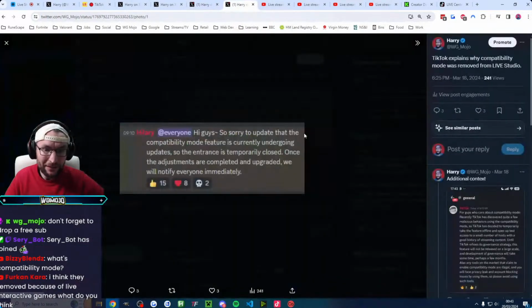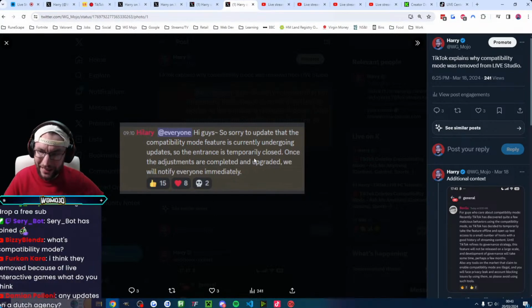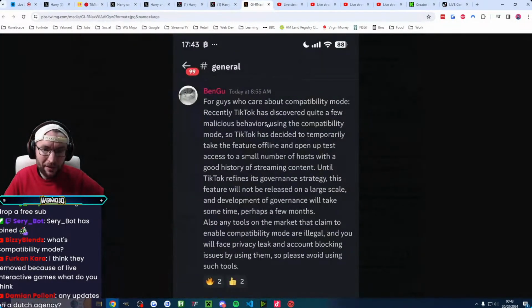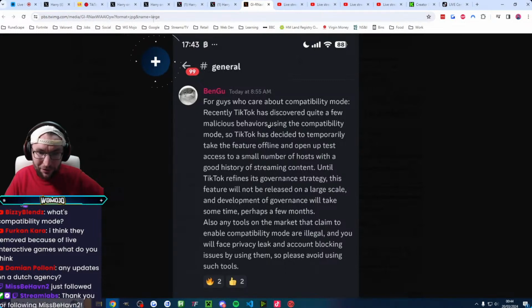And finally, they did update the Discord a few days ago to say that the compatibility mode feature is undergoing updates. The entrance is temporarily closed. And once the adjustments are completed and upgraded, we'll notify everyone immediately. Then Bengu, with a much longer one, which is more informational, said it would take a few months, and TikTok needs to refine its governance strategy to get compatibility mode back. So yes, effectively what was happening is people were streaming all sorts of crazy stuff, like live sports games,